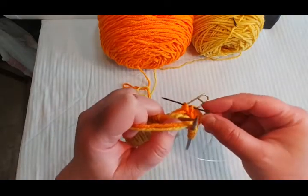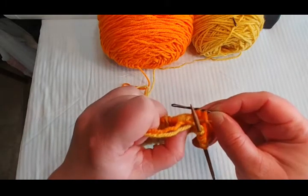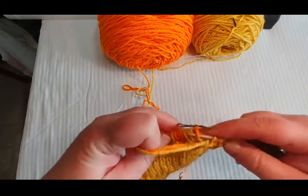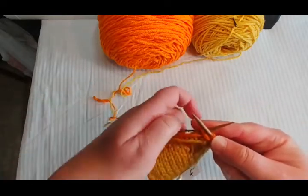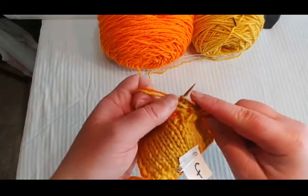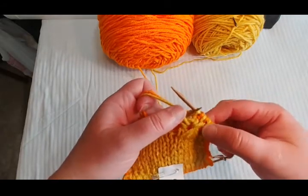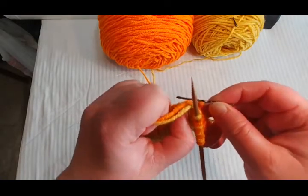Having done that, we'll take the rightmost stitch that we slipped off onto our cabling needle and put it back onto the left knitting needle, keeping the other one to the back of the piece. And then we simply purl it. Then we knit the next stitch, and then we take the final stitch from the cabling needle and slip that onto the left needle